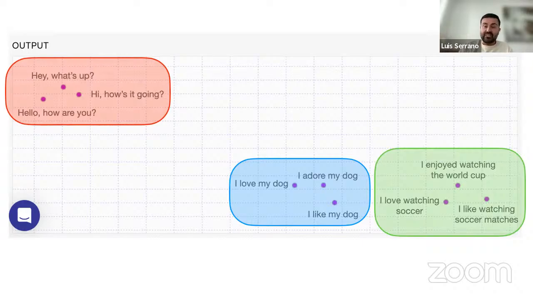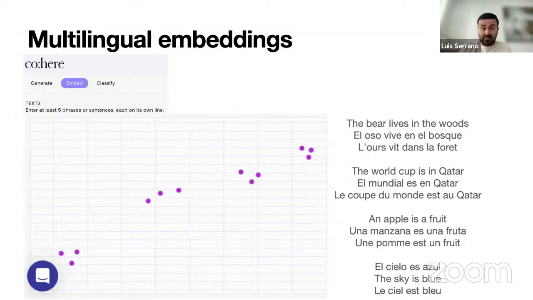So anyway, those are the embeddings, and the multilingual embeddings, which you will be seeing a lot this week, are basically the same thing, except they're language agnostic. So you can put a sentence in any language. There's 100 and almost 110 languages. You can put a sentence in any language, and it's going to put it close to the same sentence in all the other languages. So for example, if I have English, French, and Spanish, and I have the same sentence,